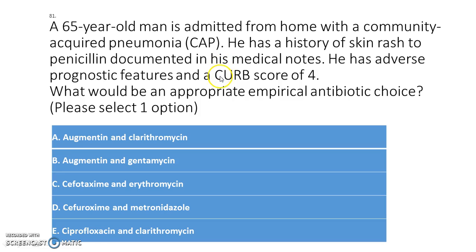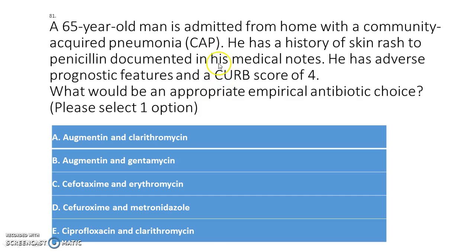Okay, so look at the presence or absence of confusion. This is usually done by looking at the abbreviated mental test, okay, which is a test for preclinical students. You don't have to worry about this, okay, but for clinical students you might want to